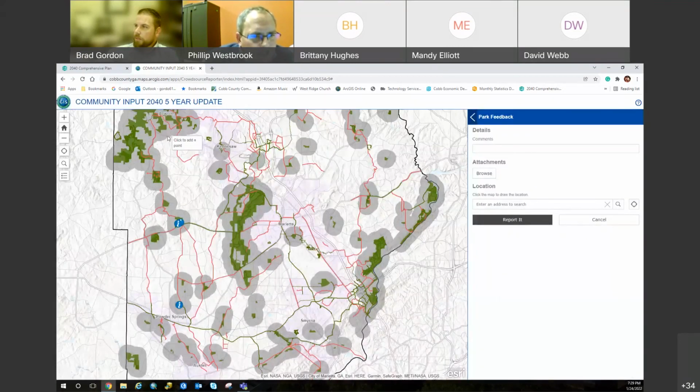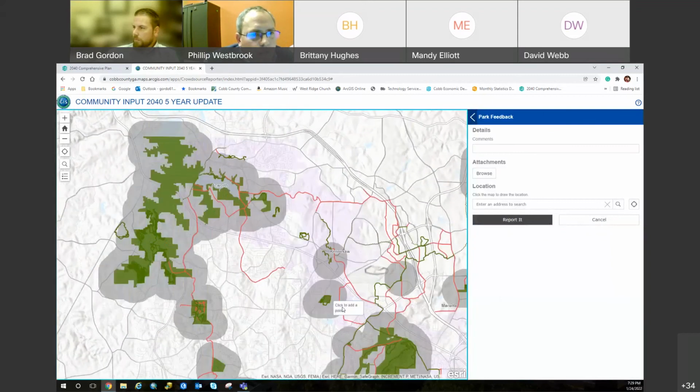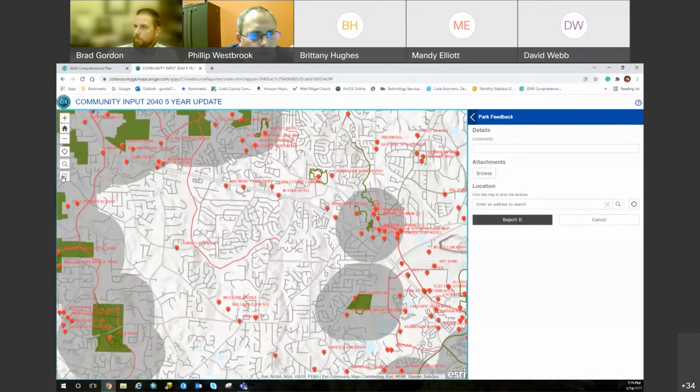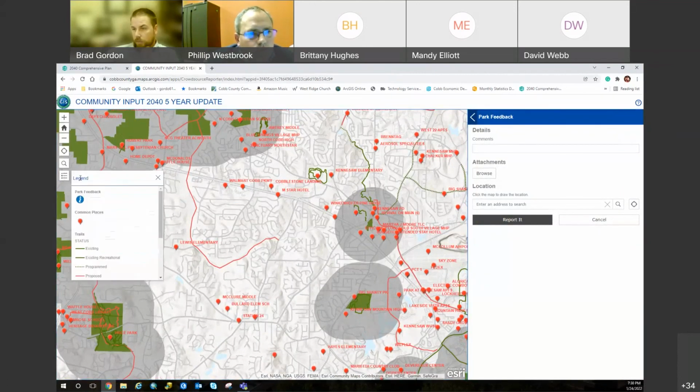I believe on this particular map, if you zoom down far enough, the road names and common areas will show up so that you can kind of get a reference of where you're located. Yeah, and this goes back to the legend that we talked about earlier. So you've got the common places with these points. You see that on the legend, and then the different types of trails, and then the roads. A little buffer around the parks for half-mile walking distance.